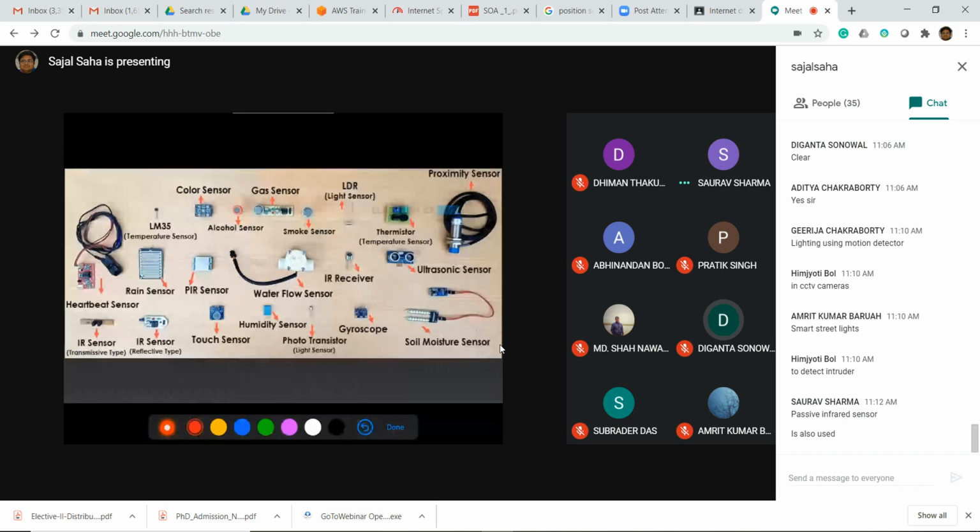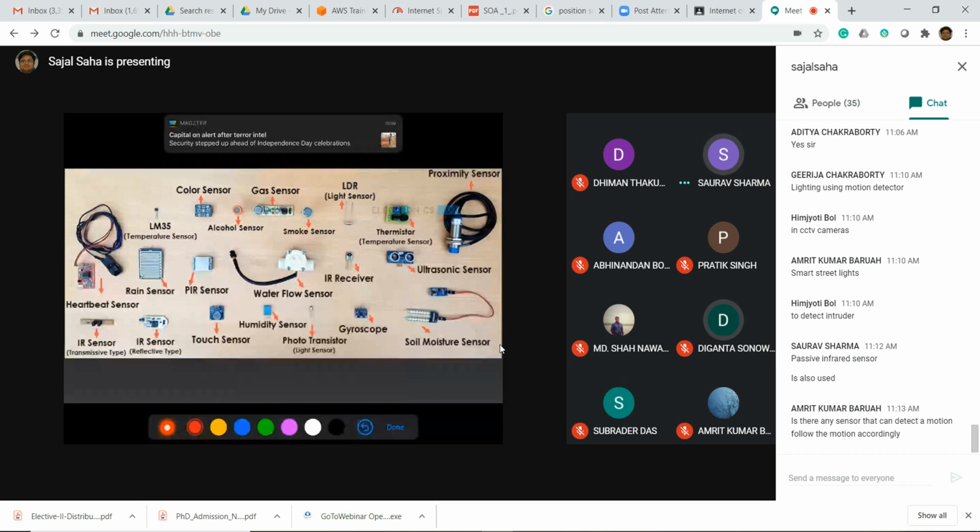Hello. Please tell me. Sir, a passive infrared sensor is used, in the form of heat, when anyone... thermal heat is also used. Please give me an application area. Just like if you're going somewhere in the night, the rangers and all use it for searching for the enemy. A passive infrared sensor, right? Yeah, certainly it can be used. But this one is not a PIR sensor, this is a different sensor.